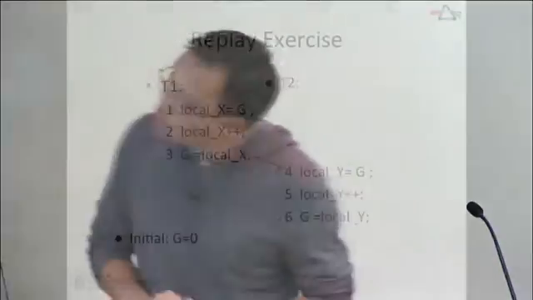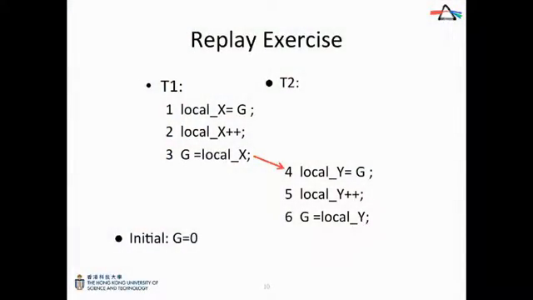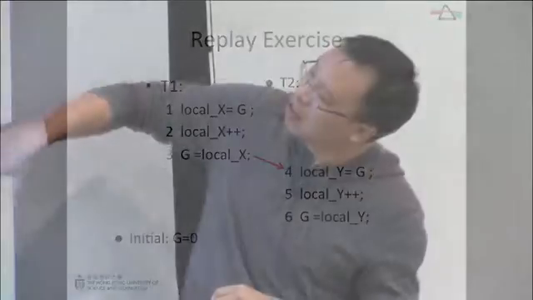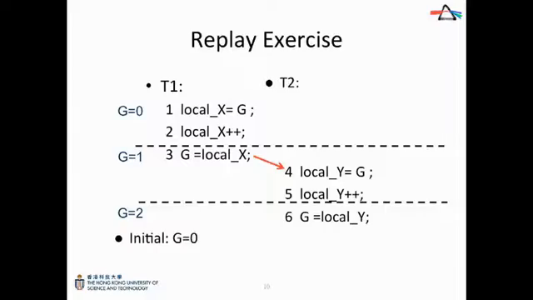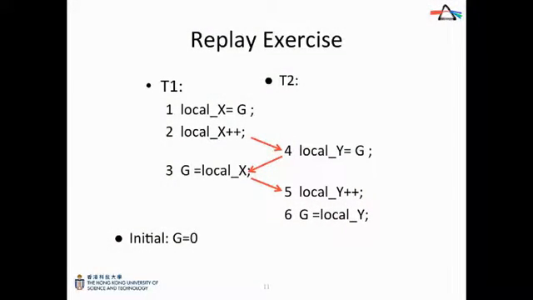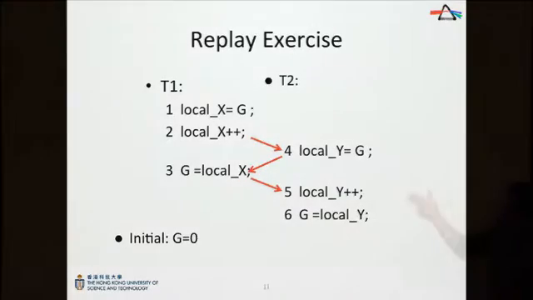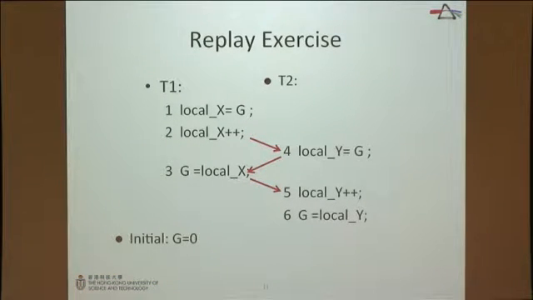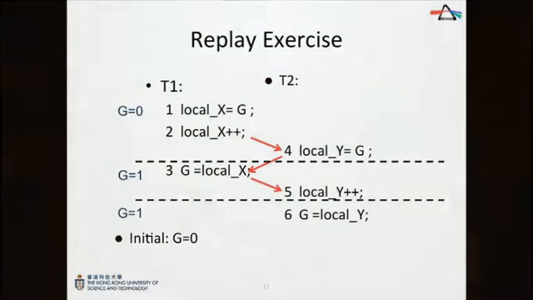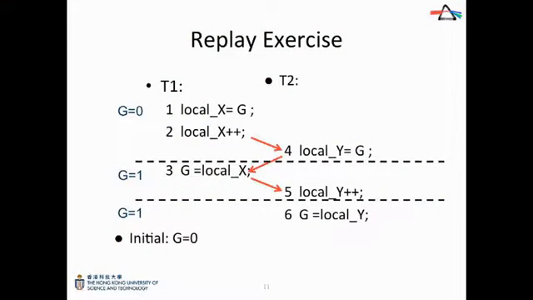Okay, so these are the two threads, and if we execute the threads following this order, meaning that we execute the entire computation of T2 after T1, we will compute 2 for the global variable G at the end. Okay? So G is 2. But if for some reason statement 4 is executed before statement 3, due to a different kind of scheduling, we'll have G equals 1 at the end. Okay, so this is a very simple example.